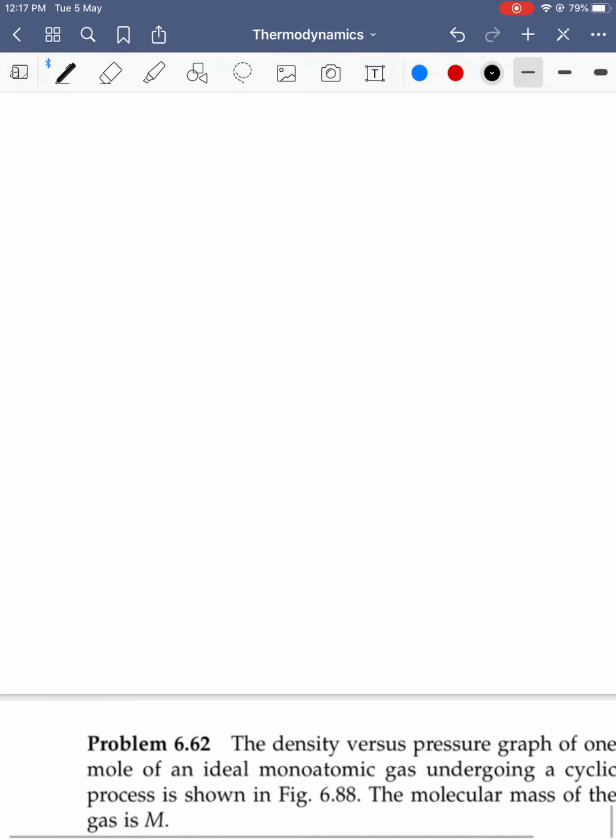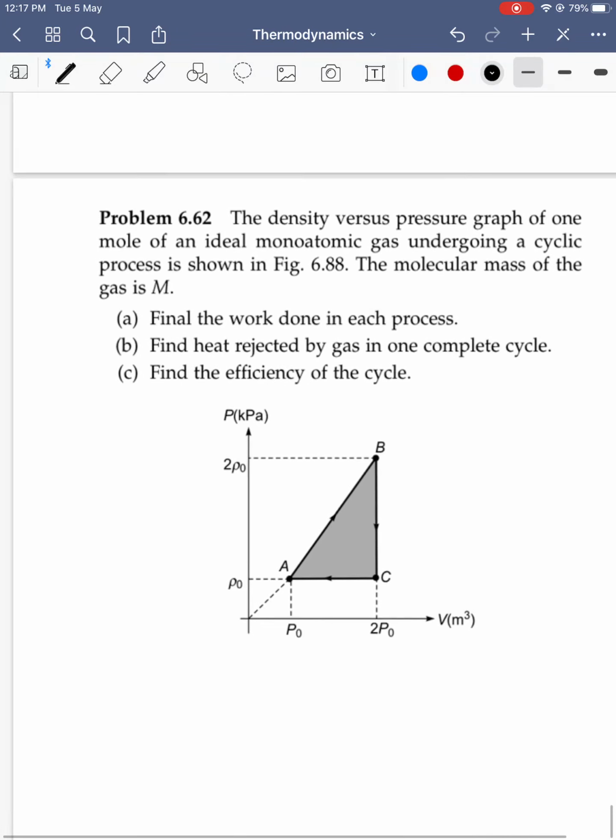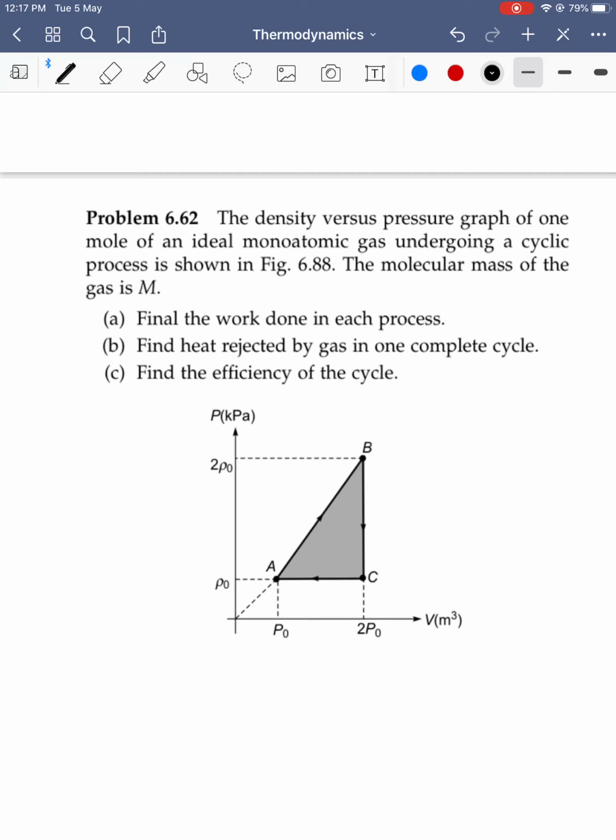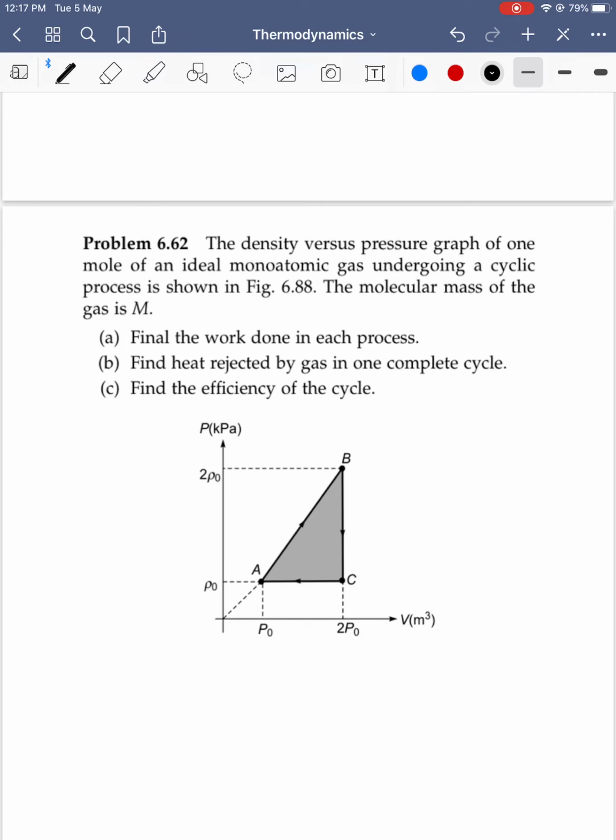There is one more question I wanted to solve, but I already took more time. This is the one question you can try to find the efficiency. This is the pressure and the other is volume, and I'm sorry, this is not pressure, this was written wrong, this is the density. Density is nothing but mass by volume, equal to rho. Volume is equal to mass by rho.